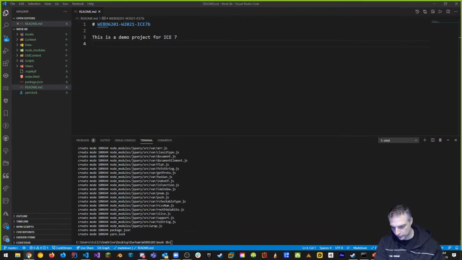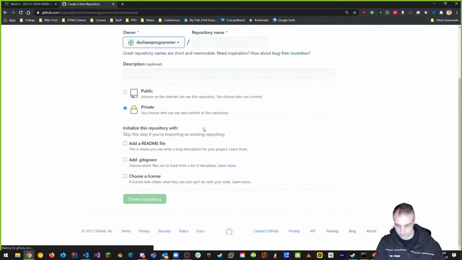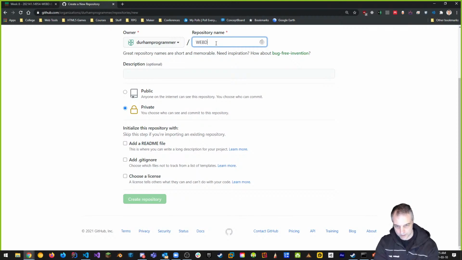And then what we want, of course, is to put this up on GitHub with a new repository. So let's do that. New, WEBD6201 in the winter 2021 semester, and it's ICE 7b. That's you guys, public.